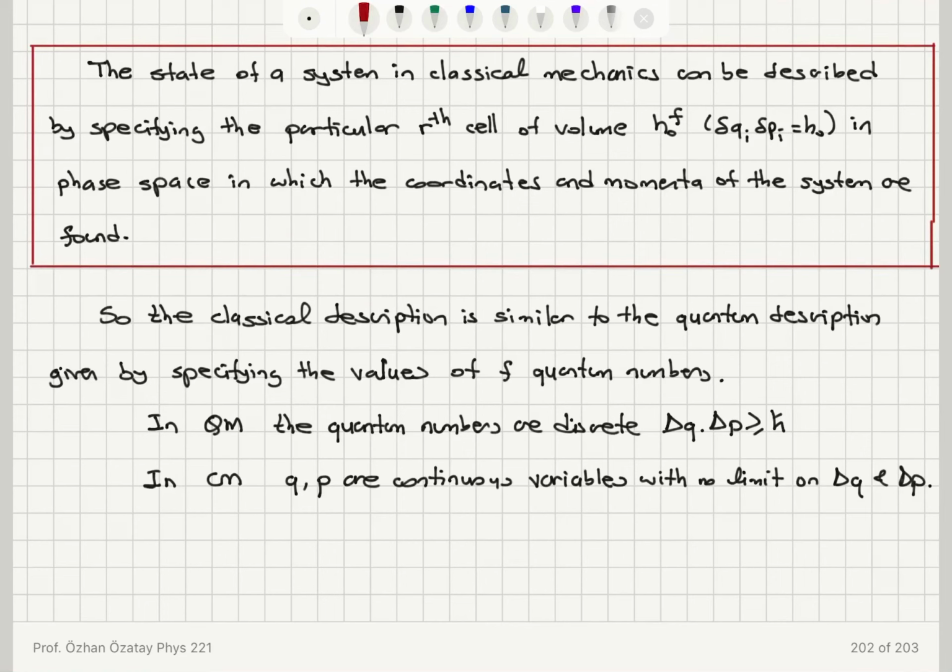So if I tell you in which cell the system resides, then I describe the microscopic state of the system. This is very similar to quantum mechanics, where I have to specify the values of f quantum numbers. However, the difference is that these quantum numbers are discrete, and delta Q times delta P is greater or equal to h bar. I have Heisenberg's uncertainty principle. In classical mechanics, momentum and position are continuous variables, and there is no limit on how precise I can be in measuring the values of Q and